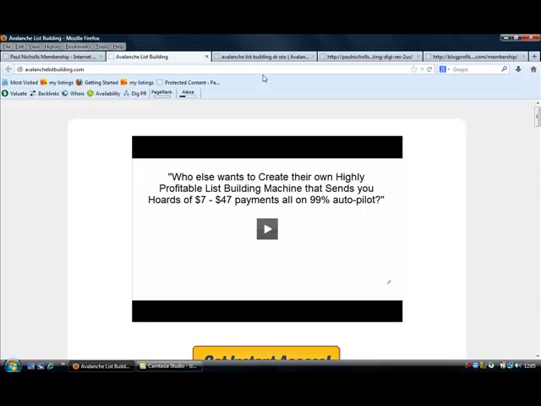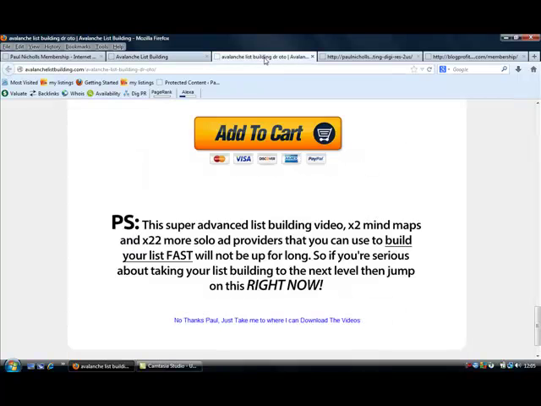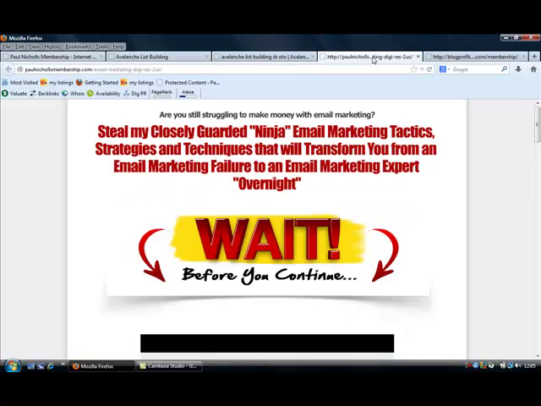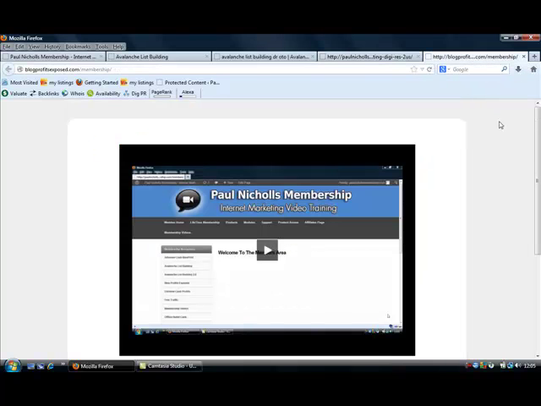If they purchase this first one, they then get redirected to this product here, which is my upsell, and then they get sent to my second upsell if they purchase my first upsell, and then if they purchase my second upsell, which is this one in front of you, they will then get sent to my downsell, which is my membership, which is Paul Nichols membership,